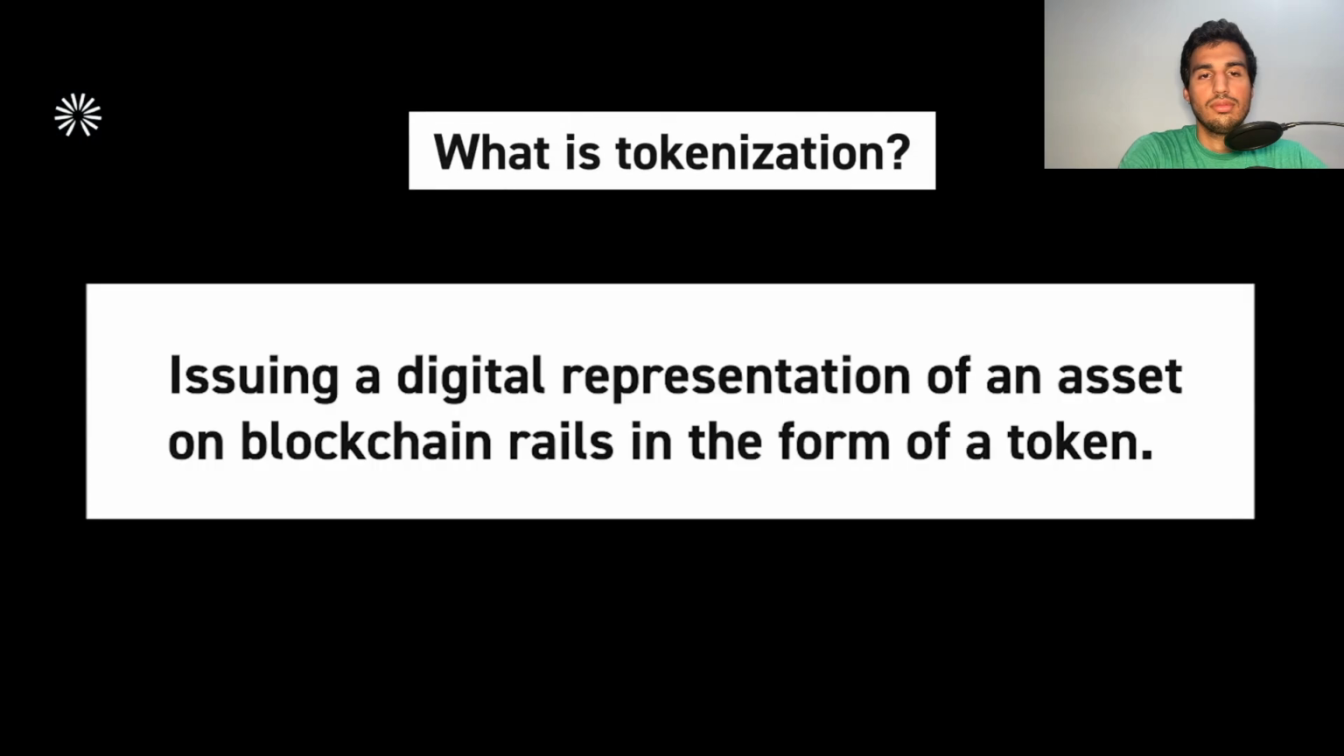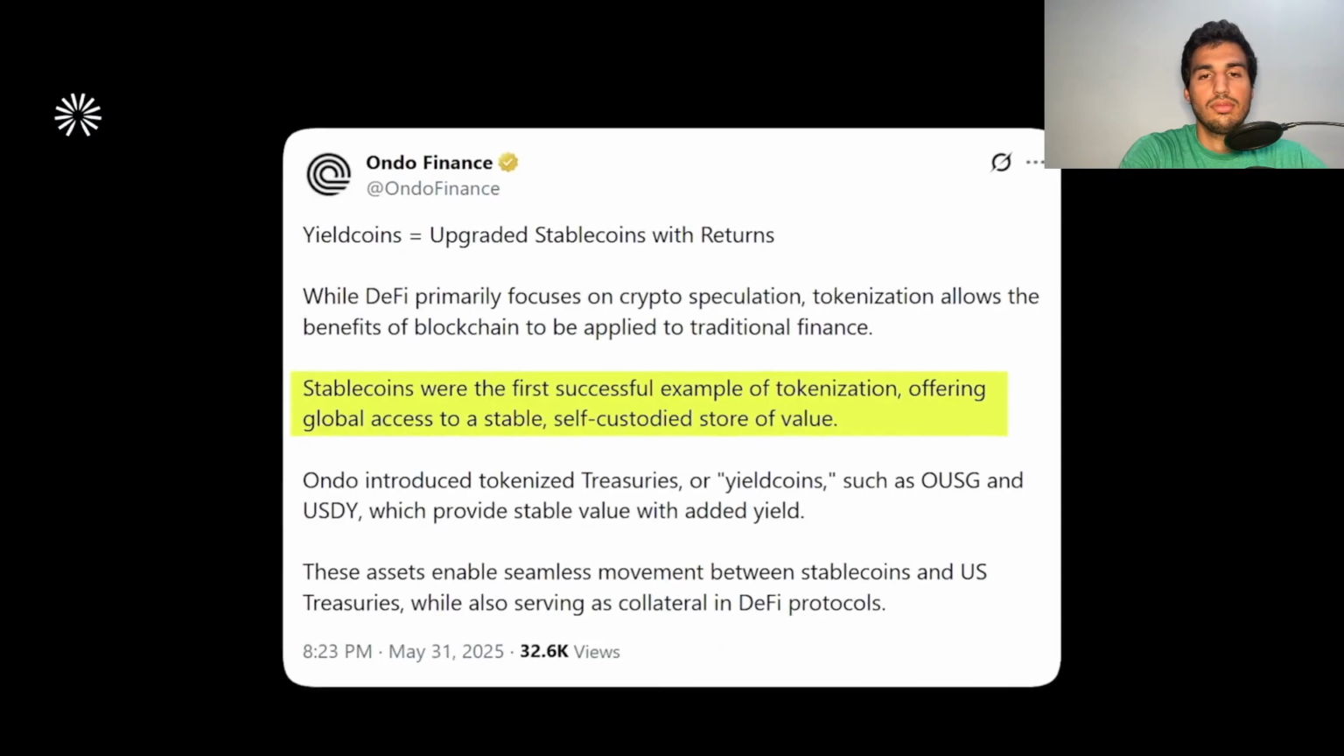So let's start with basics then. What is tokenization and how does tokenization work? Tokenization is a fancy term, but it's a pretty straightforward process. It's essentially just the process of issuing a digital representation of a traditional asset on blockchain rails in the form of a token. The best known example of a tokenized asset at this point is a stablecoin, which is essentially